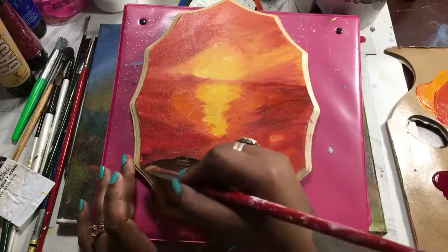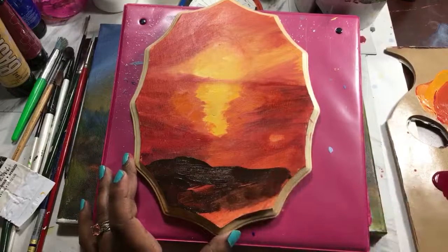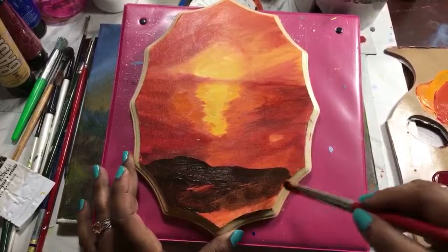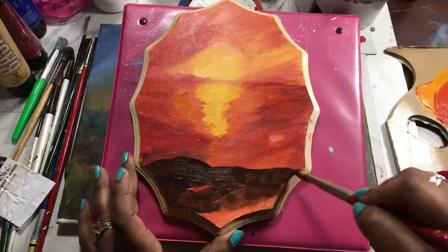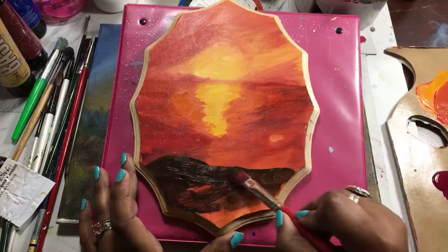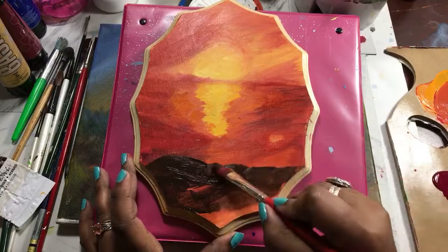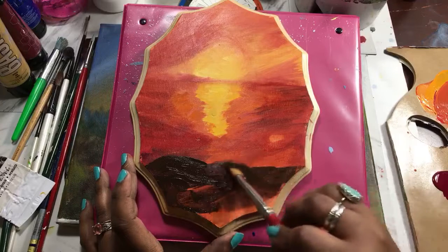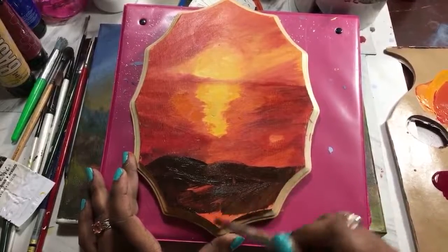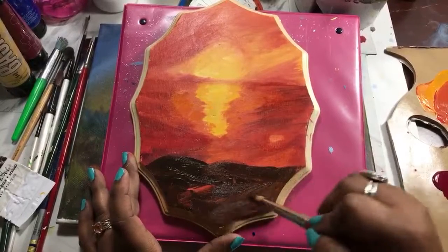Going over this way, so hopefully you can see it. Like I was saying, it doesn't really matter what you use for down here. You can use a chromatic black. You could use... and a chromatic black is just blue and burnt umber, blue and...